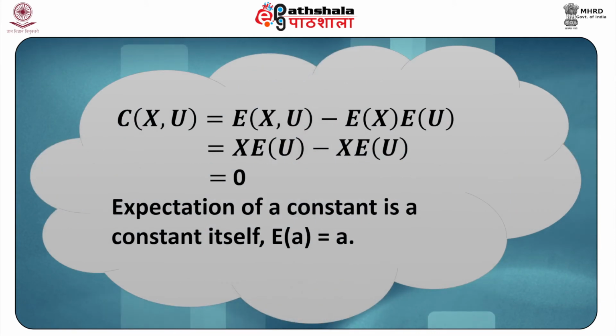A simple proof can help comprehend the meaning of this assumption. So we are saying that Cov(x, mu) is equal to expected value of x mu minus expected value of x into expected value of mu. This is equal to x into expected value of mu minus x into expected value of mu, equal to 0, on the assumption that x is non-stochastic, and therefore the expected value of x is x because it is fixed in a repeated sample and they are non-random.